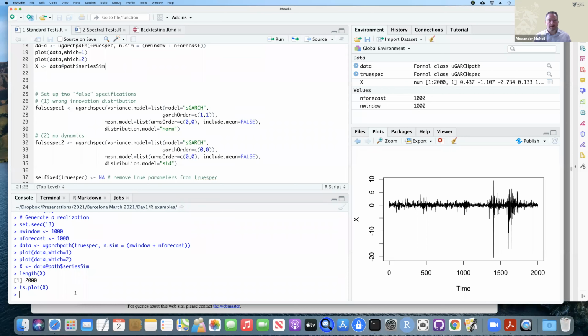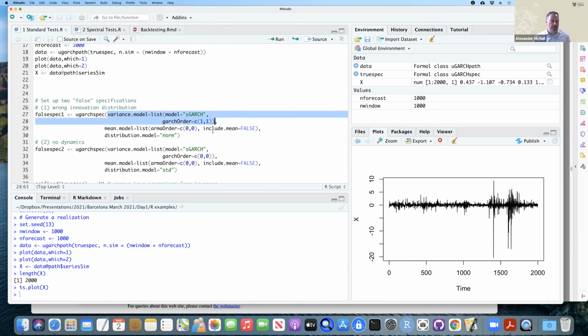And so I am now a forecaster. I'm a forecaster, and these are trading book losses, and I have to forecast trading book losses, and I have to estimate VaR, and I have to estimate expected shortfall. So I'm going to set up two false specifications. So let's say that the trading book team gets the right kind of model. So they use GARCH. That's actually a good call or a good guess. So in fact, the variance model is the right one.